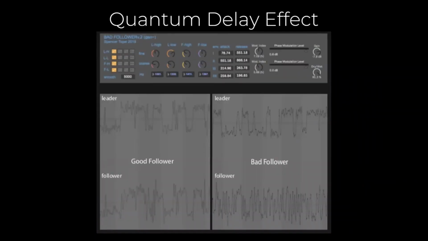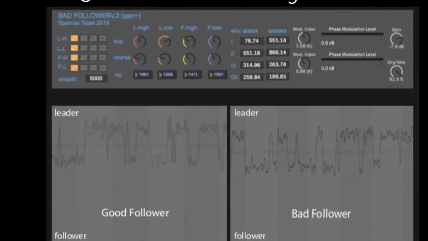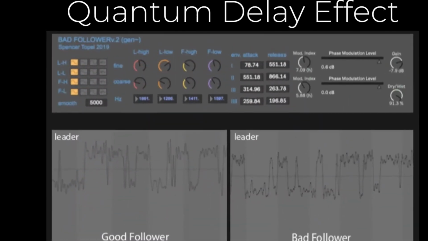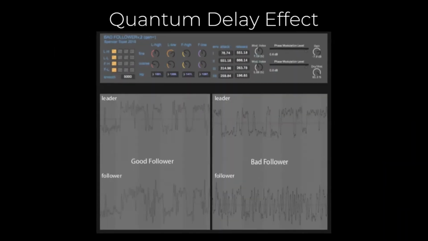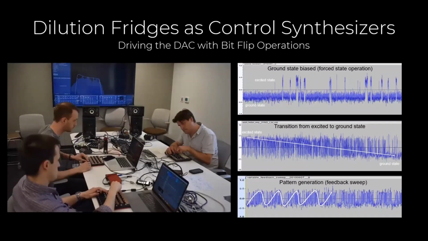In the case of the quantum delay effect, we have a beat follower. That is the example I just showed you from the Ableton Live interface, and I think it's an intriguing direction: effects you could maybe only, or very easily, generate in a quantum system, that become harder or more elaborate to do in a classical system. This is a really exciting direction that I feel we have just started to scratch the surface of.